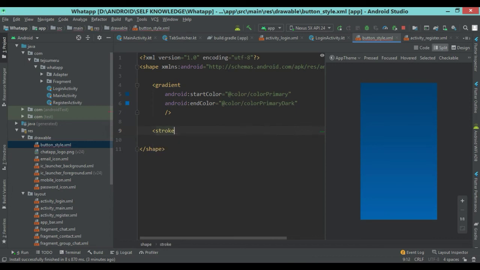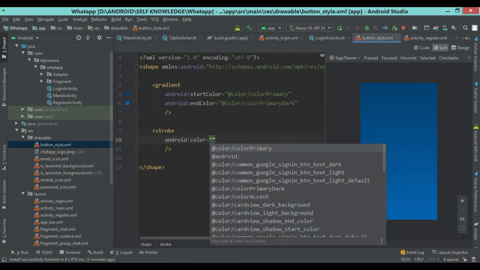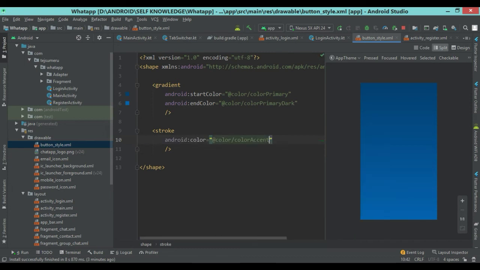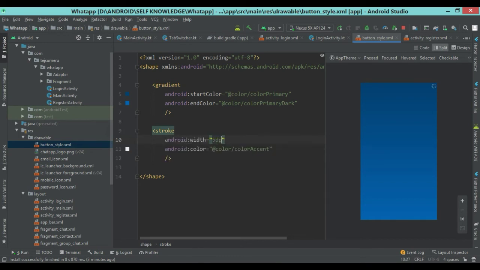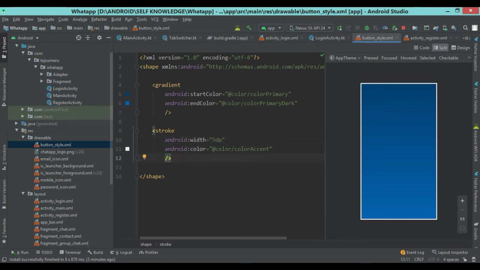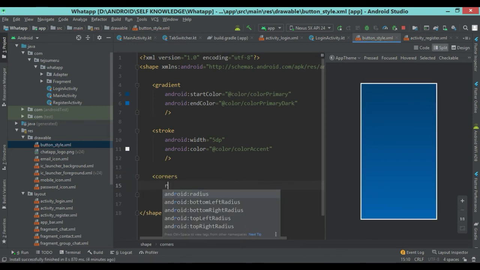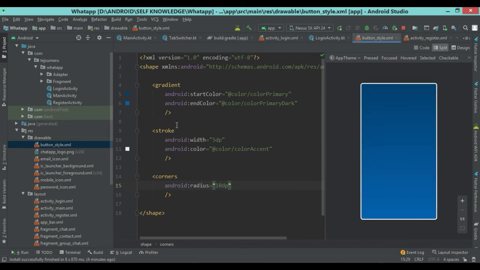Give stroke, that is of color colorAccent, and the width of this is 5 dp, or we can give 10 dp also if you want a thick border. Now we are giving the radius to the corners, that is 10 dp. So you can see this one, our button style which we are using in the background of a button.